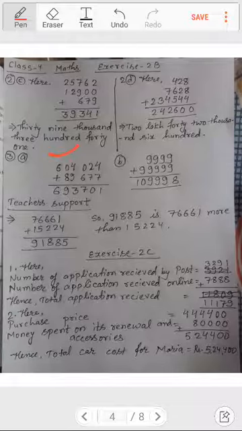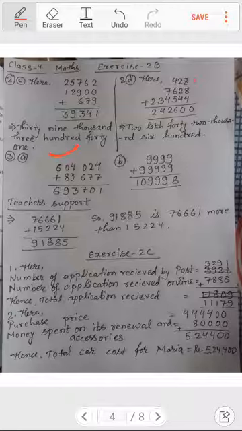39,341. In the same way, if you see question number 2D, there is 428, 7,628, then 2,34,544. So see, placing the numbers on the basis of their places is important. If you do not place them properly, if I write 4 this side, then there will be a problem. So 4 should not be above 2 or 3 or 7. Because places matter. Places also show whether it is right or wrong. So you can put the numbers in proper order.